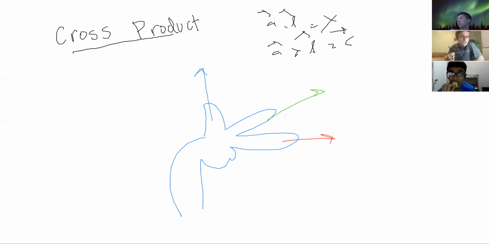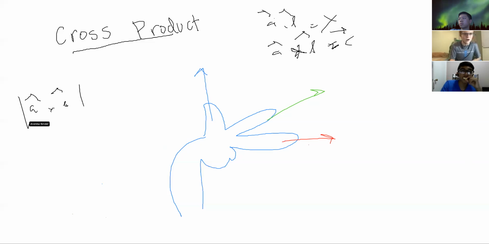There's the matrix definition, which is icky. There's the AB sine theta definition, which looks like a dot product, but isn't. And then there's the weird component derivation. Put simply, most of the time, it'll be helpful to think of A cross B, or the magnitude of A cross B,